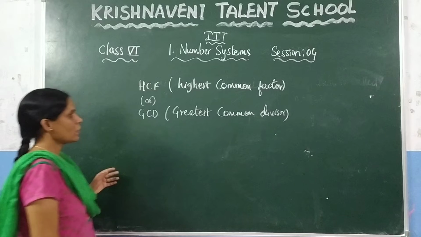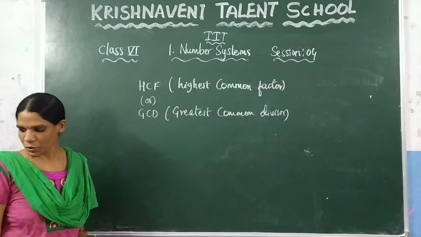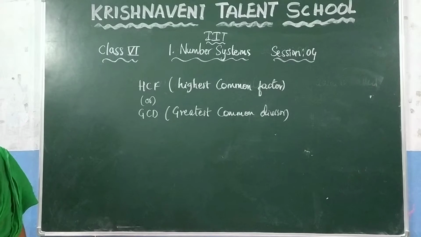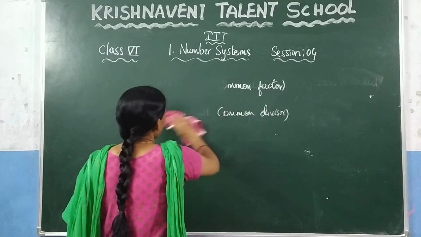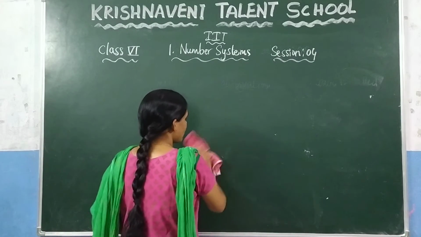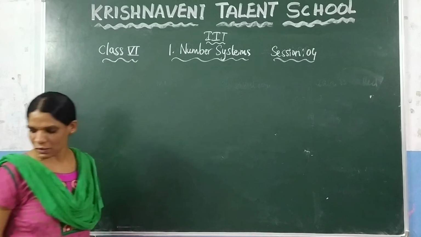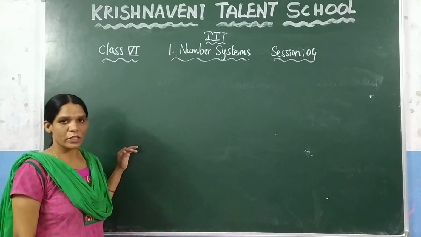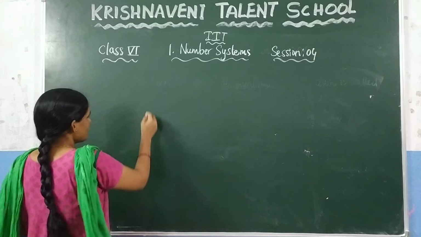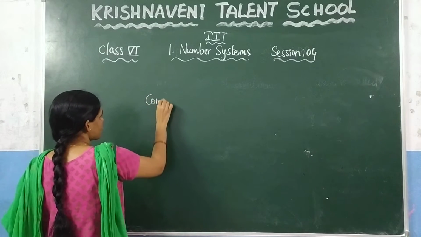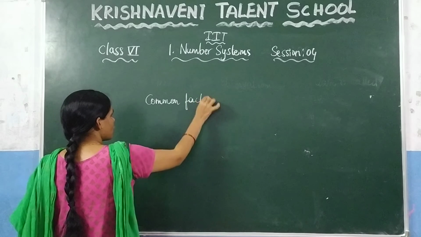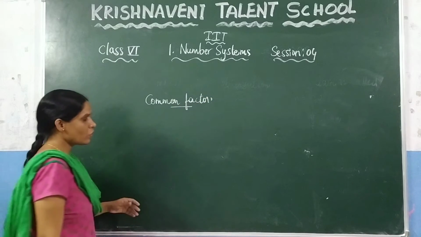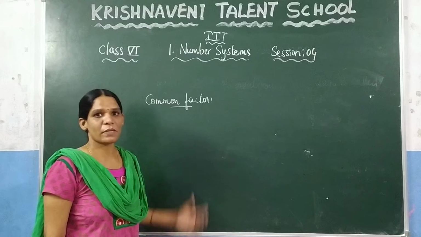Anything is the same. If you are given any numbers, how do you find the HCF of the given numbers? There are two methods to find the HCF. One is the prime factorization method and the other one is the continued division method. Before going to discuss that, let us learn what is meant by the common factor. And before that, let us check what is meant by the factor.